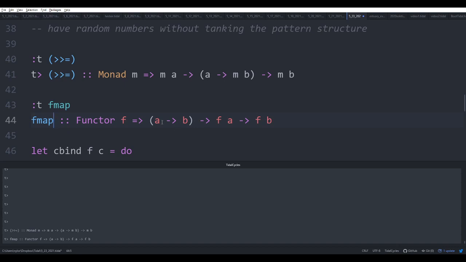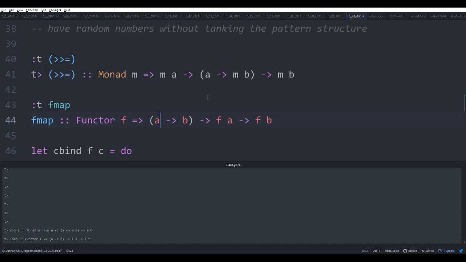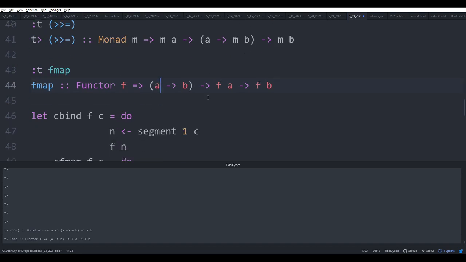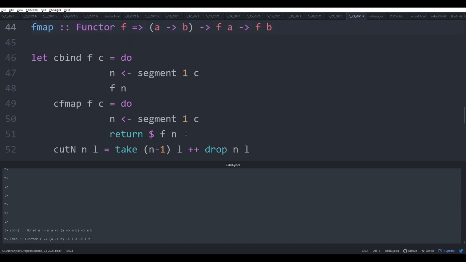It's really convenient for patterns because it's a way of transforming what's inside the container, which includes a pattern in this case. And so you basically have a way of taking A's and turning them into B's, and then you can take a container of A's and turn it into a container of B's. Having functions like this would be great if they worked with continuous patterns and didn't do anything funky. So what that ultimately means is,